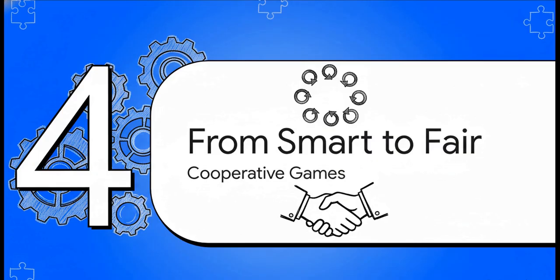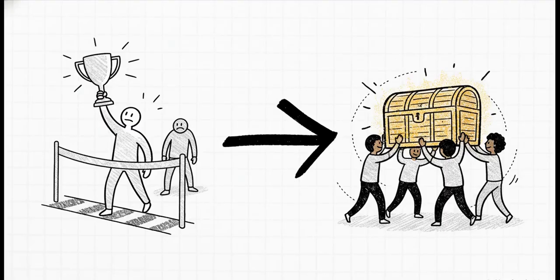What about when we're not rivals? What about when we're actually on the same team? And that brings us to the whole other side of game theory. See, not all games are about winning and losing. In what are called cooperative games, everybody has already agreed to work together. The real challenge isn't about how to win. It's about how to be fair. How do you split the rewards when you've all contributed?